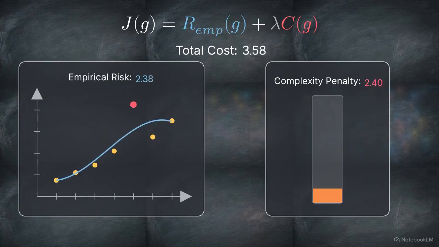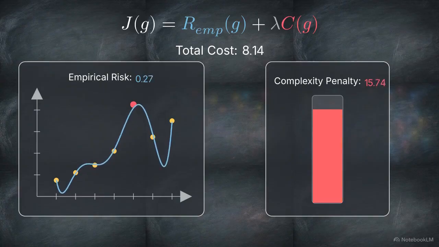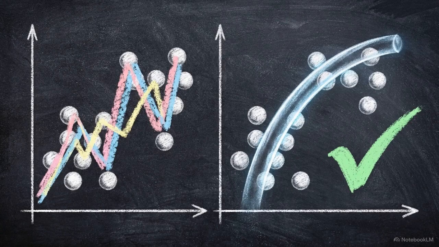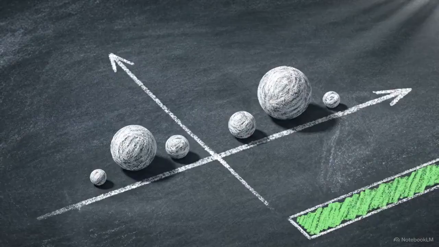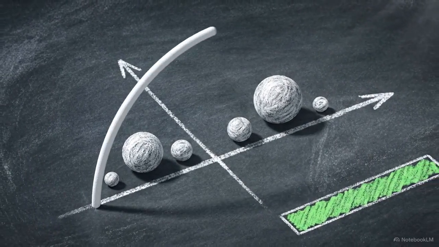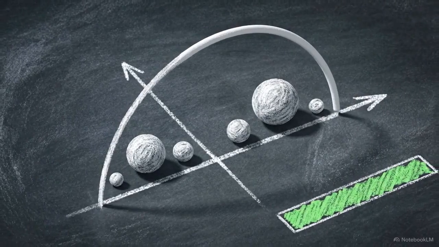As the function becomes more jagged, the complexity penalty increases. The cost of complexity eventually outweighs accuracy gains, raising the total cost, J of G. This penalty functions as a mathematical Occam's razor. When two functions yield similar error rates, the algorithm is forced to select the simpler one. Solving a supervised learning problem requires discovering the precise lambda value where the model is flexible enough to learn, but